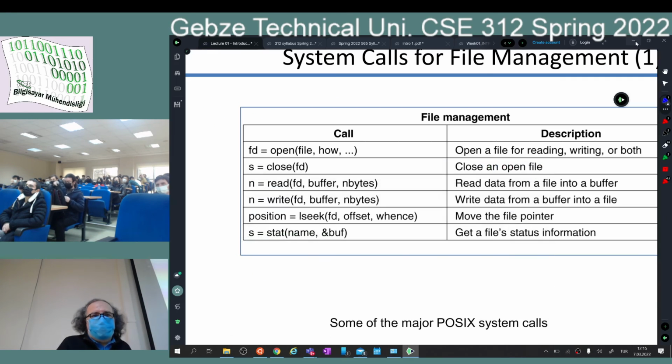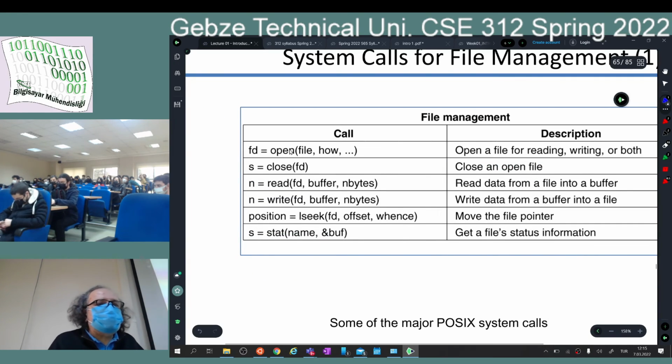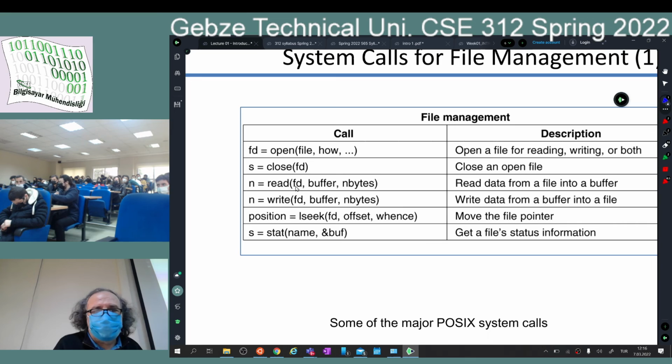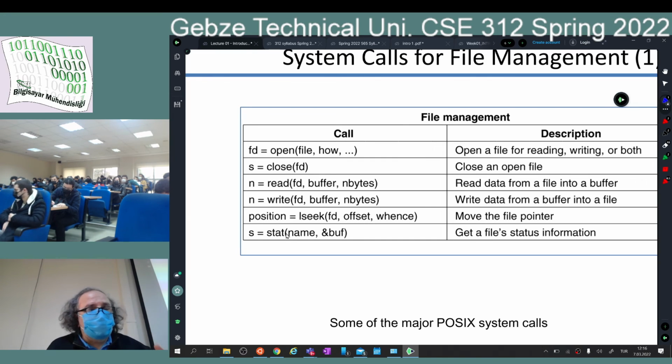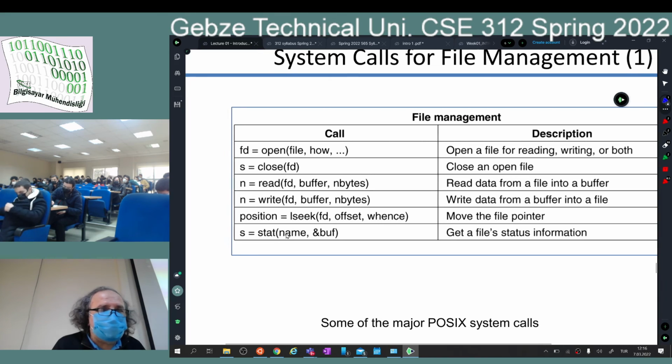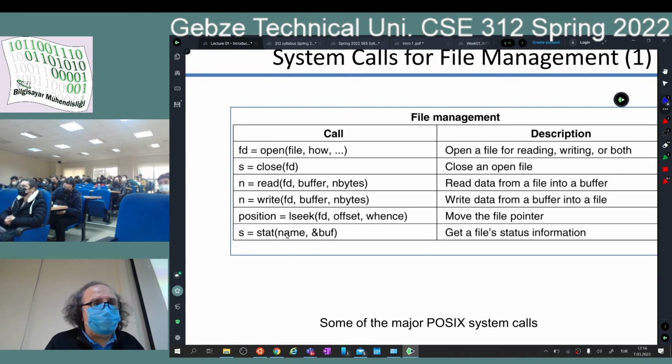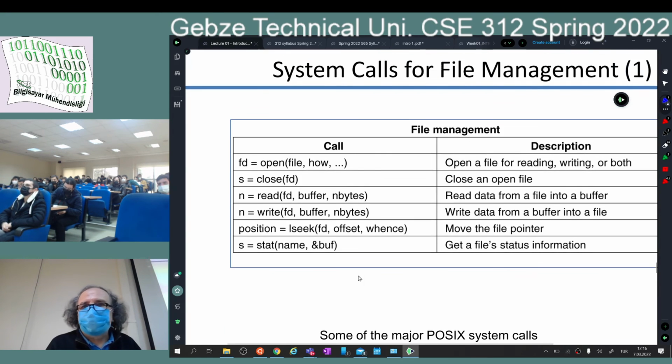I was trying to make a point here, that these are just simple library functions. Inside the library functions, you do lots of bookkeeping. At the end of that, you make a system call, and I was going to try to show you that one, but couldn't find it now. So these are procedure calls, and at the end of each procedure call, you usually have a system call saying that, okay, I did this up to this point. Now it is a task of the operating system to get me this data from the disk. Okay, these are file management stuff,